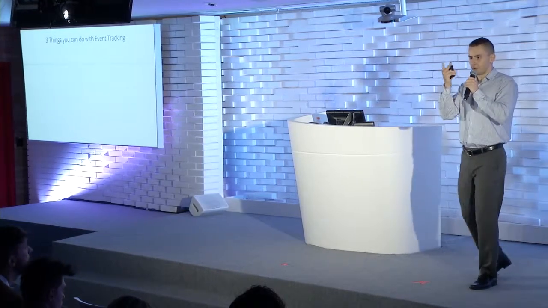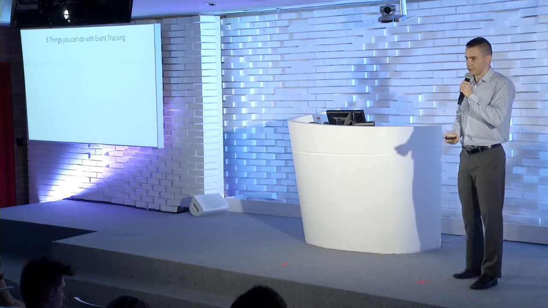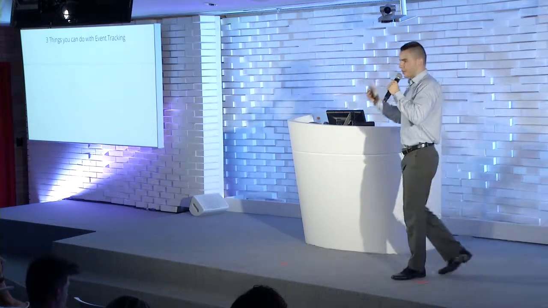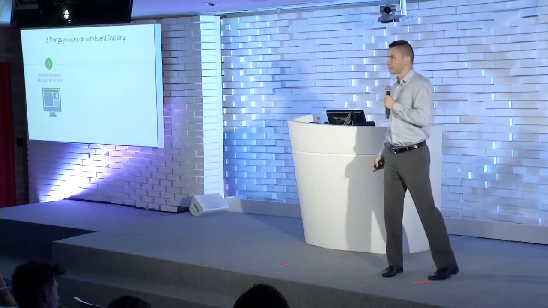What I want to insist on is three things that you can actually do once you've implemented event tracking. Tracking events is nice to get the data, but then it's important to act on the data. So number one thing you can do is optimize your marketing. We saw how at Ruellan Europe we created promotions, or we changed our SEM ads because we had insights that we didn't have before. We had a better understanding of users' behavior, of users' intent, so we were able to better market our product to our users.